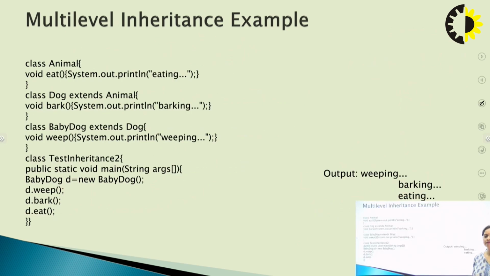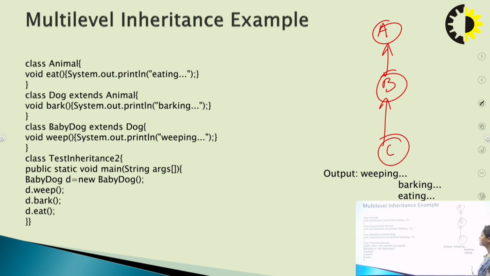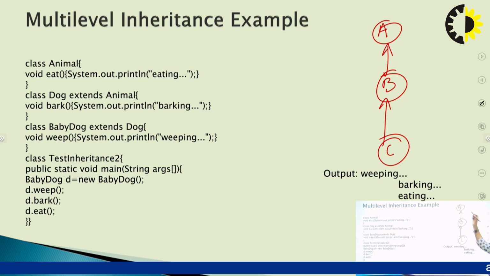Now next is multilevel inheritance. In multilevel inheritance, we have one parent class, like this: A is one parent class, then B is its subclass or child class, then another child class exists, which is class C. So C is capable of accessing B as well as A, as B is the parent class of C but the child class of class A. Now let's see how it will be possible in a programming example.